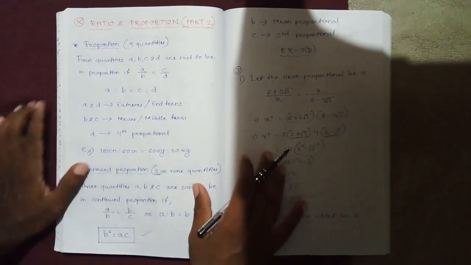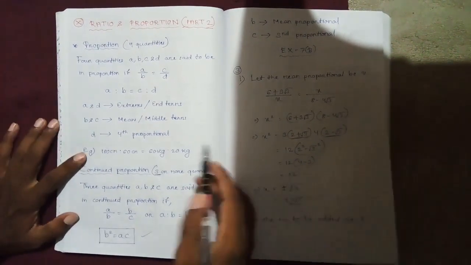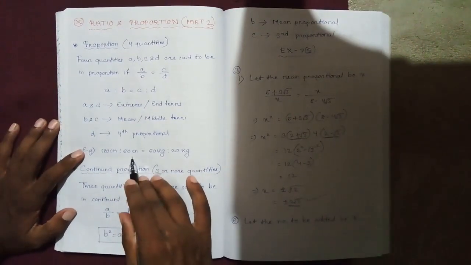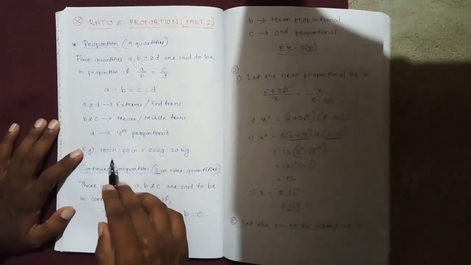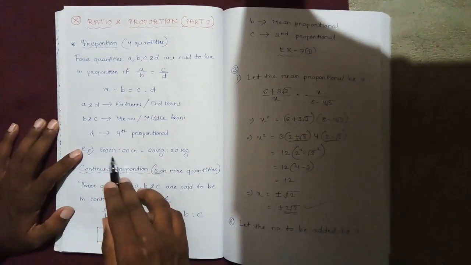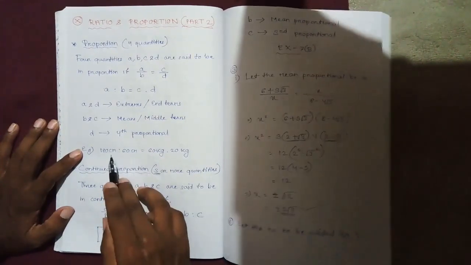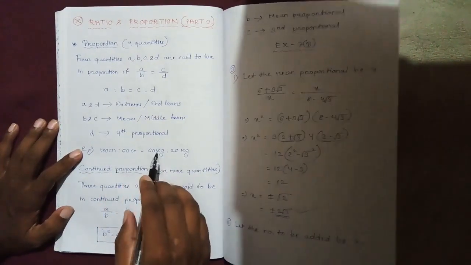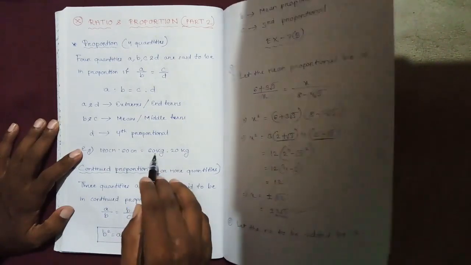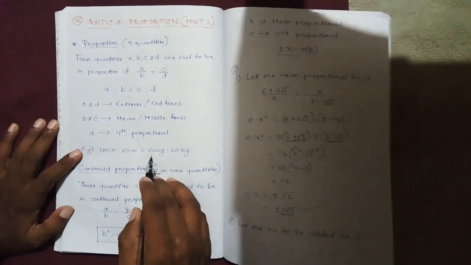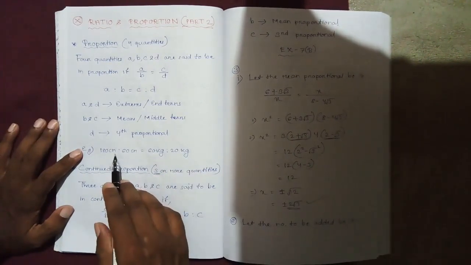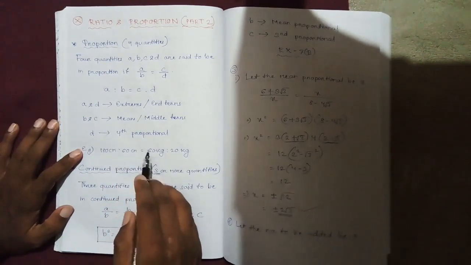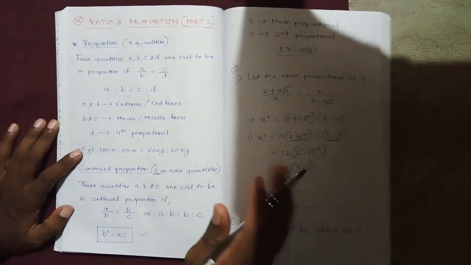For an example, 180 cm is to 60 cm is equal to 60 kg is to 20 kg. Let us see the left hand side ratio. 180 cm by 60 cm will give us 3 by 1. Then the right hand side ratio, 60 kg by 20 kg, will give us 3 by 1. So the two ratios are same. So we can say that these four quantities, 180 cm, 60 cm, 60 kg and 20 kg, are in proportion.